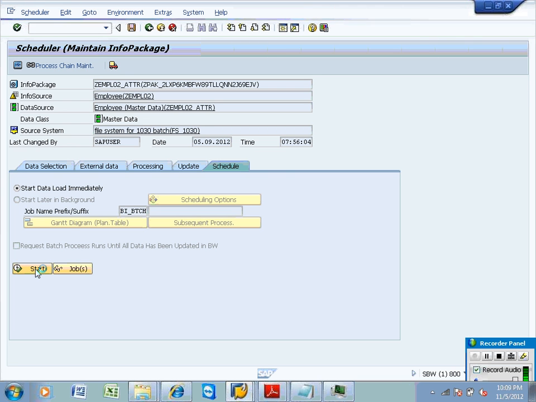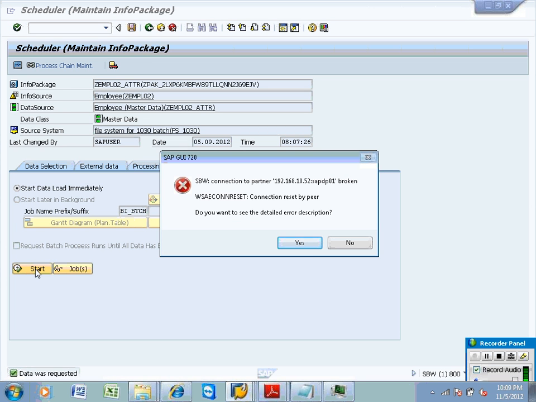Now what happens? Your Vimal will be overwritten with Kishore at info object level. If you go and see information at info object level, you are only going to see Kishore information. You are never going to see Vimal information. Okay, but the underlying table is the C table, correct? If you go and see in the C table, you are going to see 2 records for employee 06. One record is this Vimal, and what was the status?